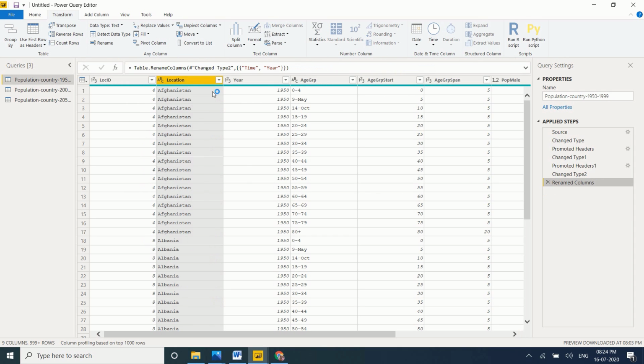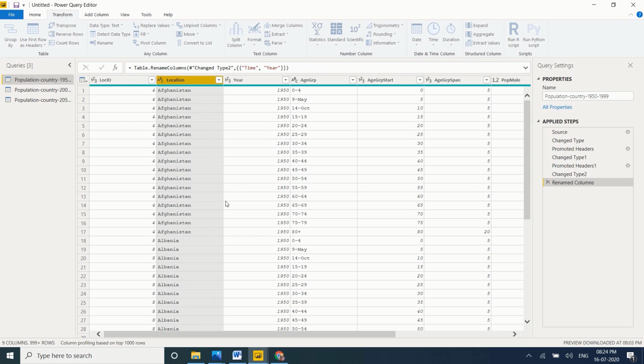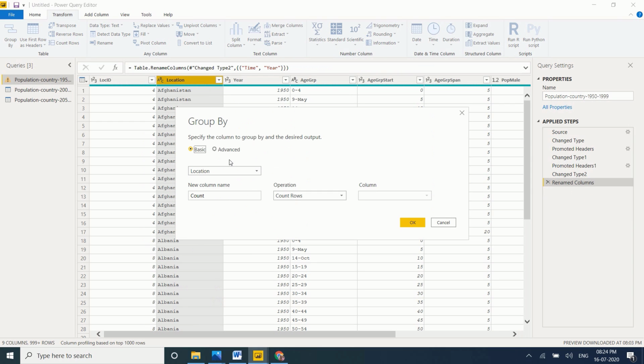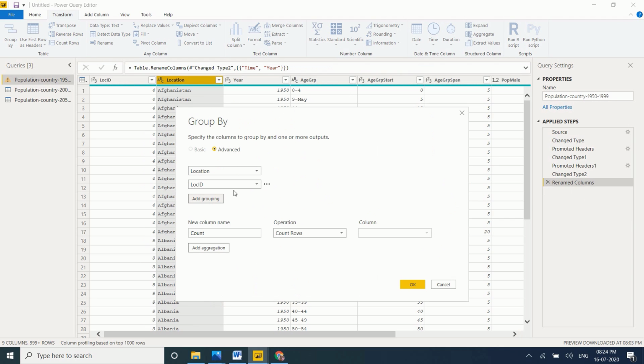So if you want to do location wise, year wise total population, if you want to check, then you can do it by using advanced options. Go to group by, take advanced options, add one more group. I will add year. What you want, your column name is year and country, correct, or location, you mention whatever you want.